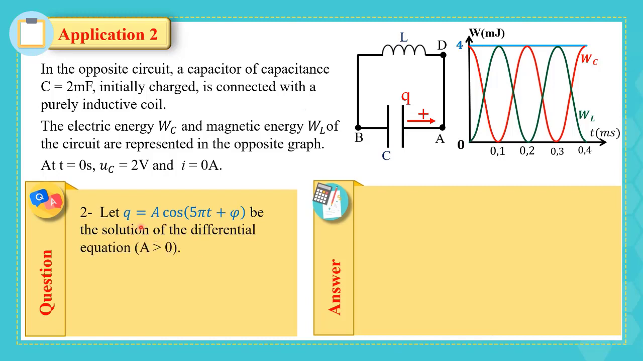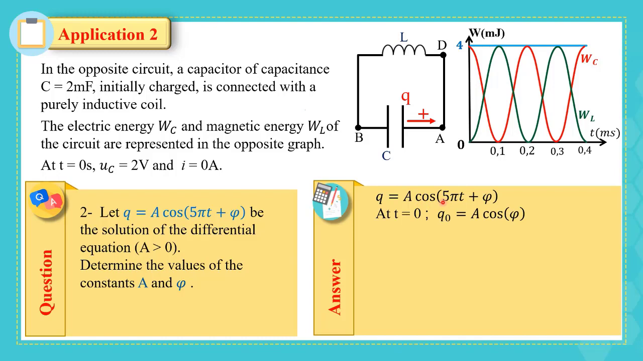Part 2. Let q equal A cosine(5 pi t plus phi) be the solution of the differential equation, where A is positive. Determine the values of constants A and phi. Since q equal A cosine(5 pi t plus phi), at t equals 0, q0 equal A cosine phi. So C U0 equal A cosine phi. Replacing C equal 2 millifarad, so 2 times 10 power minus 3 times 2, which is equal to U0, we will have 4 times 10 power minus 3 equal A